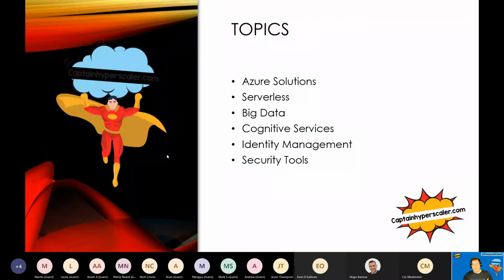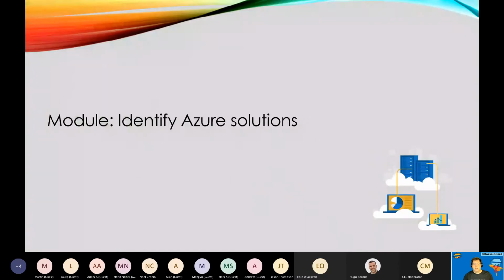So as I was saying, we're going to hit into some of the serverless technology, and that's going to go into some of the big data services, the cognitive services, and then we're going to talk about identity management. We're going to talk about some security controls, and the security controls and tools are going to slide a little bit into next week's session as well, where we're getting a little bit more into governance and the Azure subscription. So let's jump in and talk about